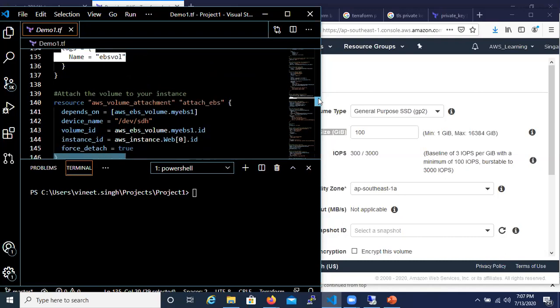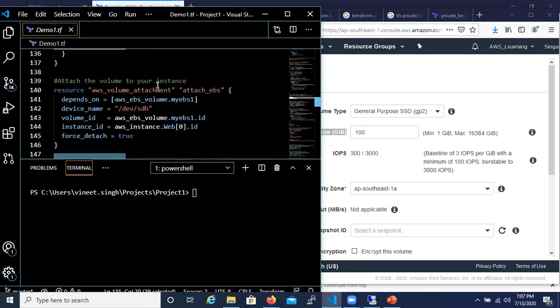Now, once my volume is created, I have to attach this specific volume to my instance. For this, the resource that I'm using is aws_volume_attachment, and this is attach_ebs, which is the name for Terraform. In order for me to attach the volume, first it has to be created, right?